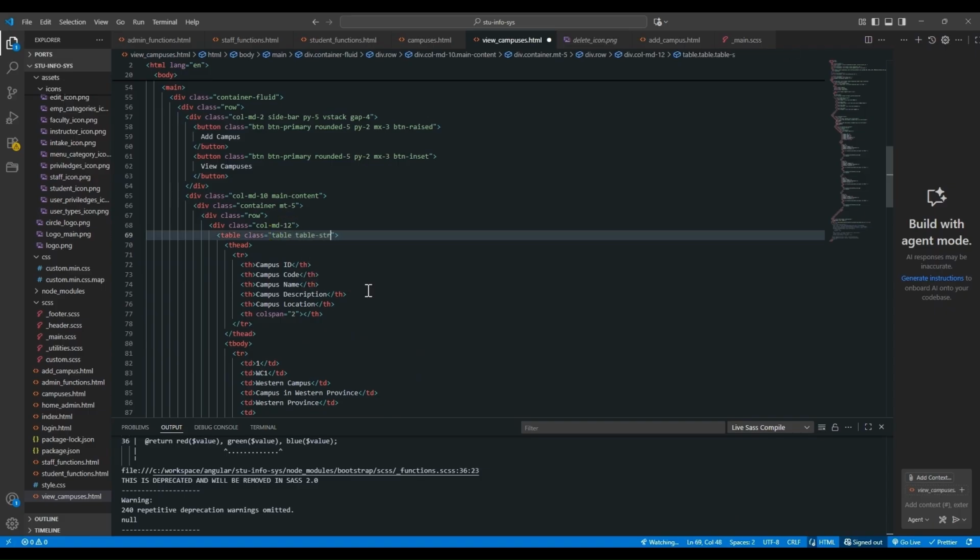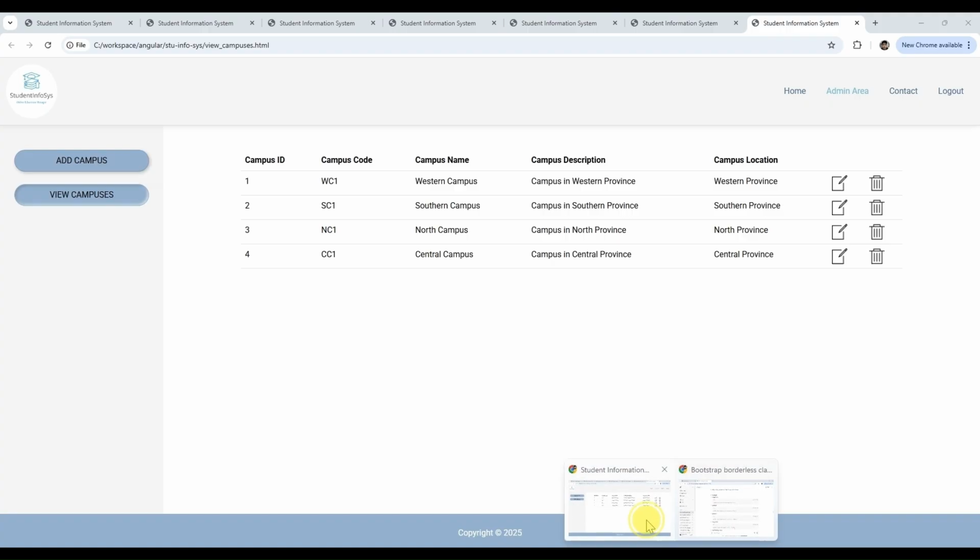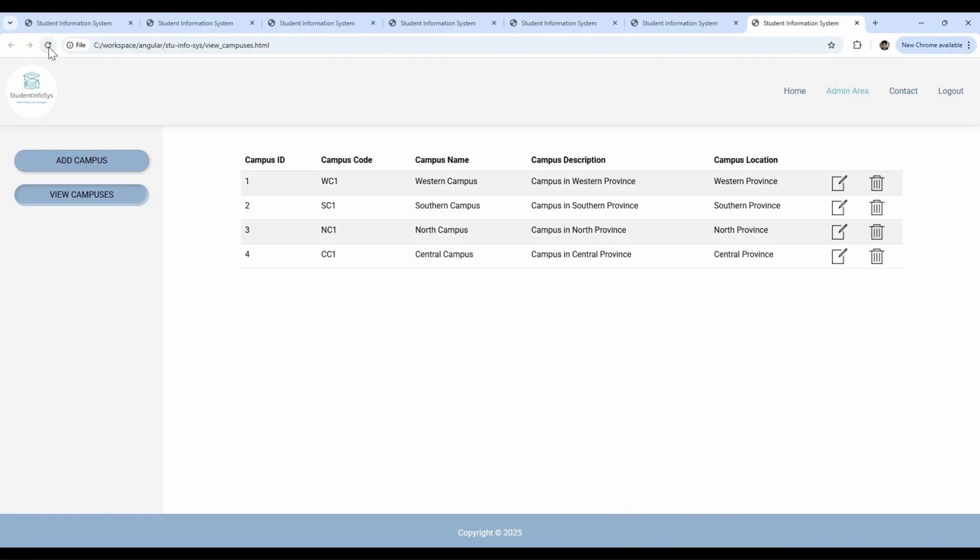Let me add this table-striped class to the table tag. So it added this kind of background color to the alternative rows,